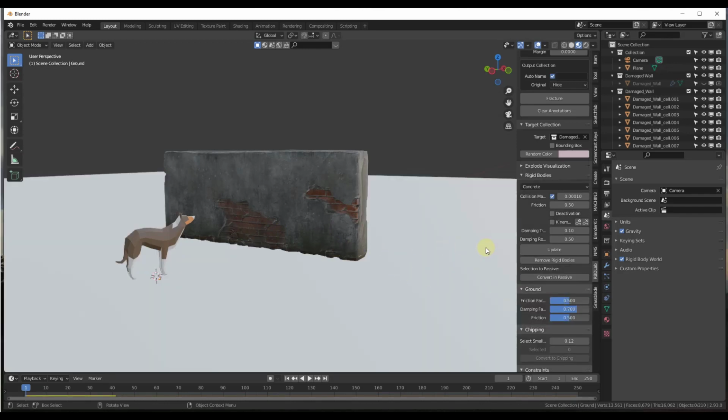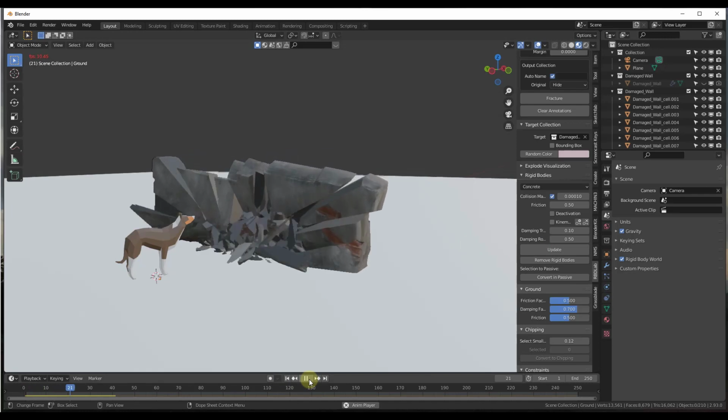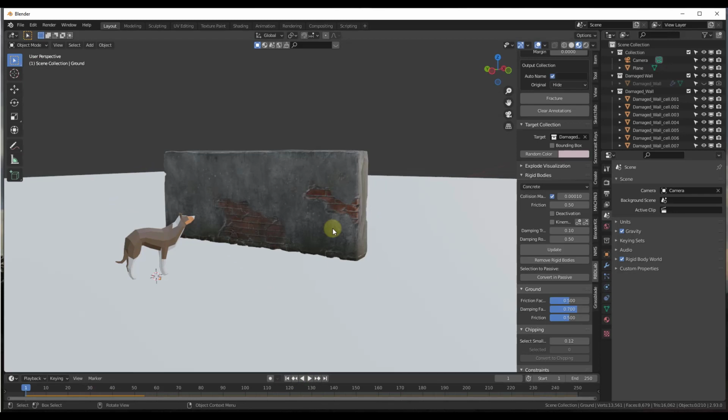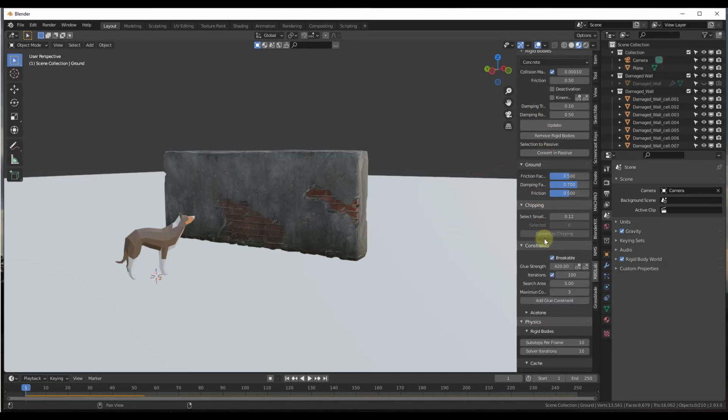The ground is going to keep that from falling out of the scene. So now if I click play, my wall is going to fall over, which is fine. We'll fix that in a second. But it's going to automatically add that ground plane so you don't have to mess around with the rigid bodies or anything like that. But now what we want to do is start by adjusting the glue